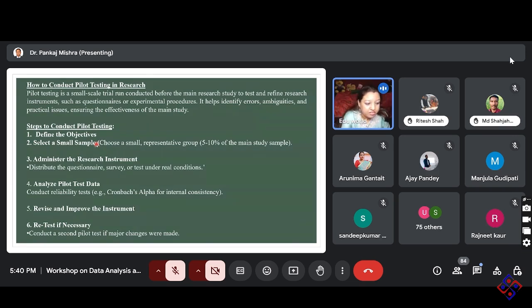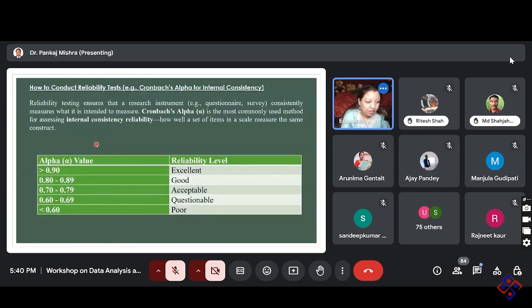Next slide, please, sir. Okay, how to conduct the reliability? Cronbach alpha is the most common one. Now, what is this reliability? First, let me see whether you have any idea about this reliability. I know most of the people have an idea, and if not, that is not something wrong. We are here to learn. So what is this reliability?